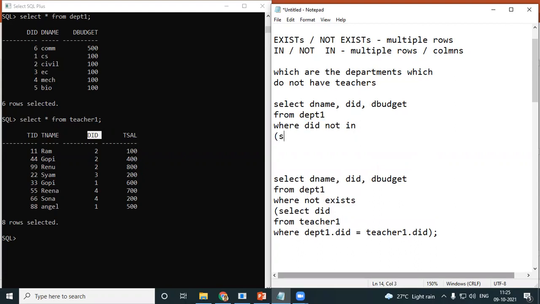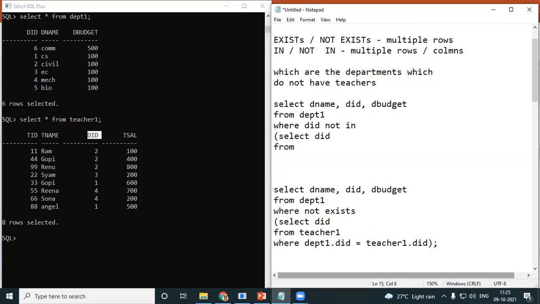And then my inner query, select, which of the common field do I have to do a comparison on? DID. Select DID from which table? From my teacher one table. Now look here, this is where the beauty of not in comes.